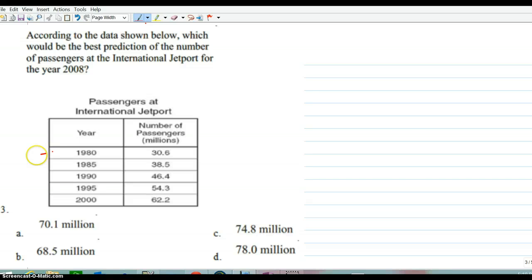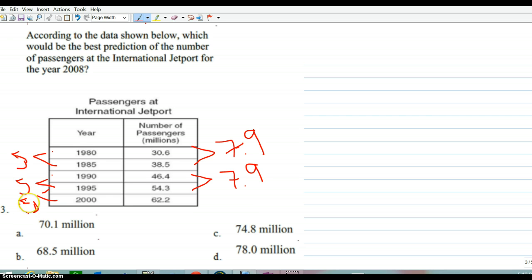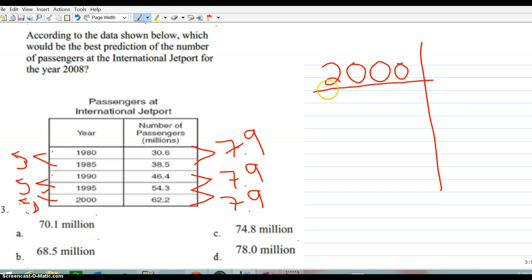If I have 5 on this side, I'm going to have to add 7.9 on this side. If I have 5 again, I have to add 7.9 again. If I add 5 one more time, I have to do the same thing to the other side. And so I'm just going to put my table over here on this side. I'm going to pick it up where I left off,